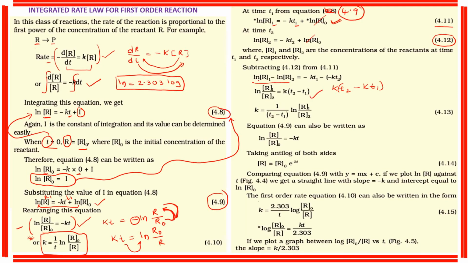And one more thing. When you take log m minus log x, this is always equal to what? Log m by x, by using this formula, isn't it? Log r1 minus log r2 is equal to log r1 by r2. Same thing I have taken here. ln is nothing but log only. ln r1 minus ln r2 is equal to ln r1 by r2. That is equal to what? k into t2 minus t1 here. So again, k is equal to, you send this t2 minus t1 on this side here. What we get? This expression we are going to get here.